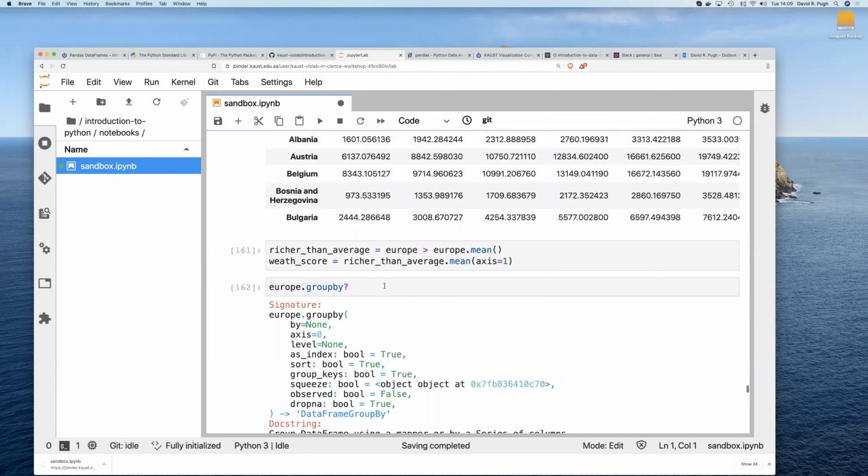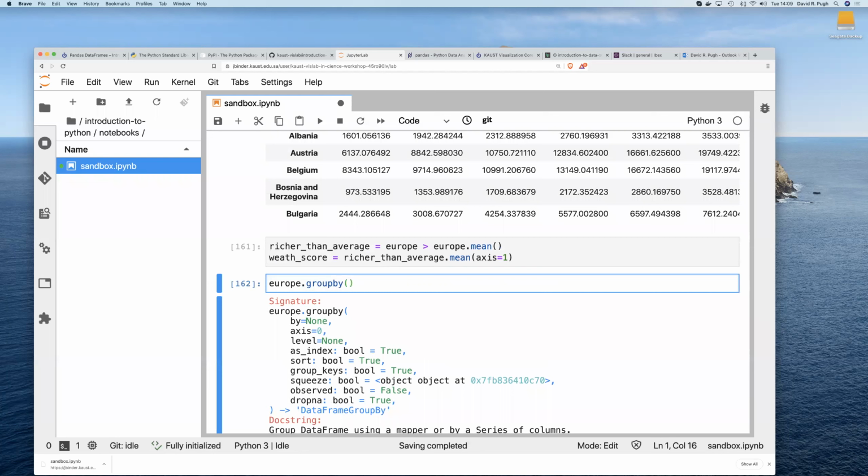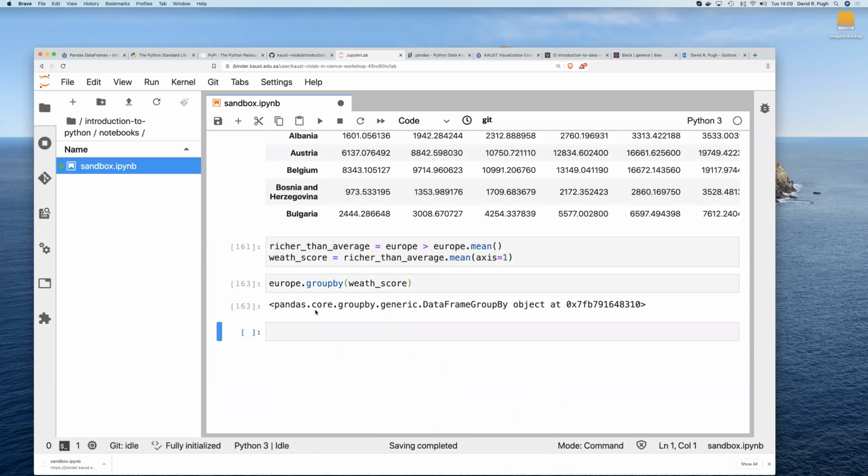So if we then do group by our wealth score, this by itself returns a special kind of internal data type that's used by Pandas. But now the rows have been grouped into bins depending on what value they got for this wealth score. And then you can do things like compute statistics